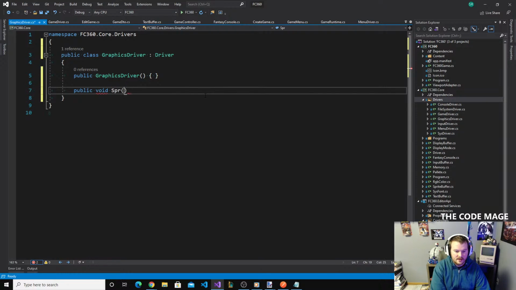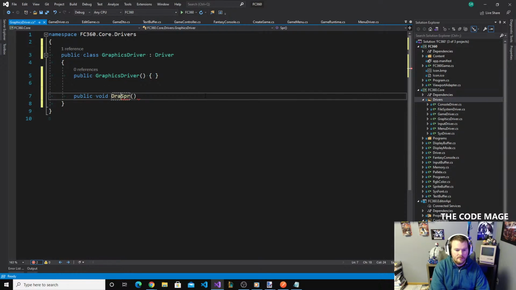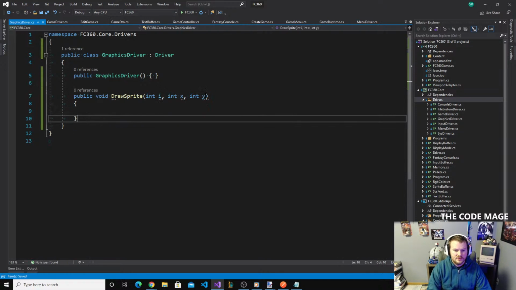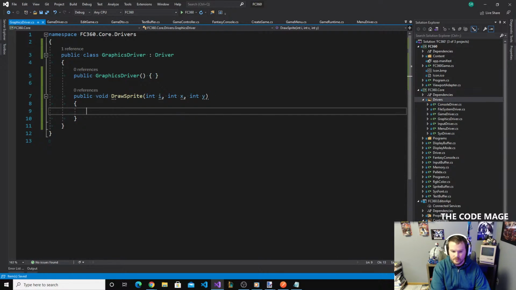I'll just keep the name, or you know what, I'm going to call it draw sprite for now. I'm going to come back around in another step, when I get out of this prototyping phase, to really design out the API. Okay, so draw sprite, what it's going to do is go to